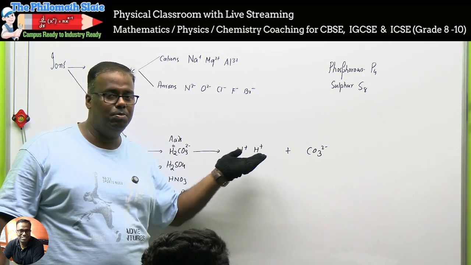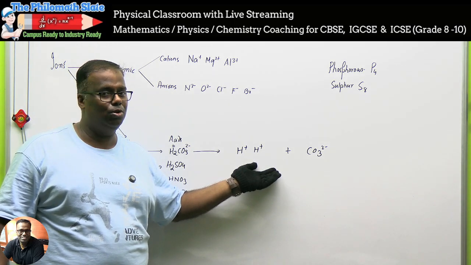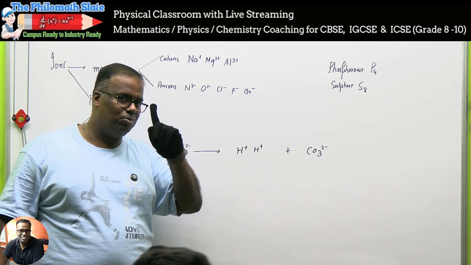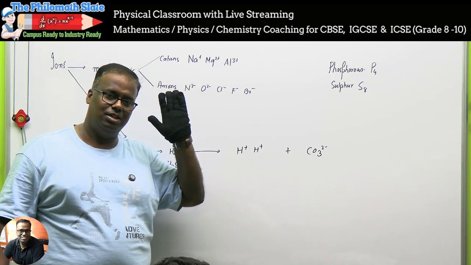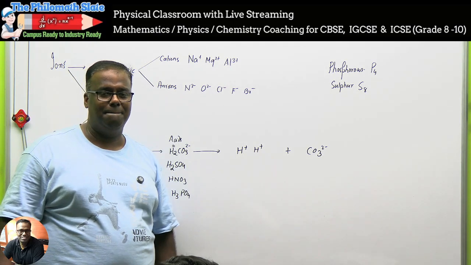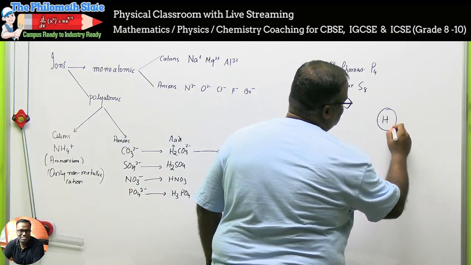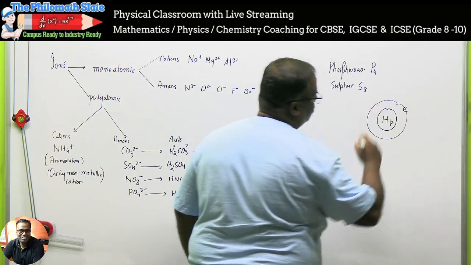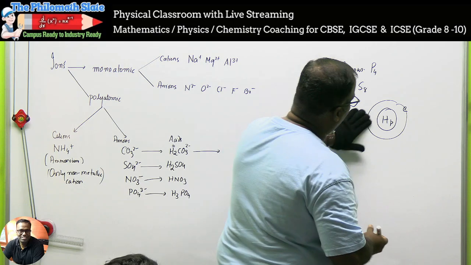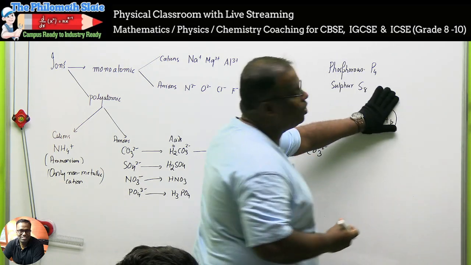ये आप class 10 में पढ़ेंगे। H+ is what? Proton. Hydrogen has got 1 proton, 1 electron. H+ means the electron is gone. So what is remaining? Hydrogen's nucleus has got 1 proton and hydrogen has got 1 electron. अगर आप ये इलेक्ट्रॉन को उड़ा दो तो क्या रह गया? एक प्रोटॉन रह गया।